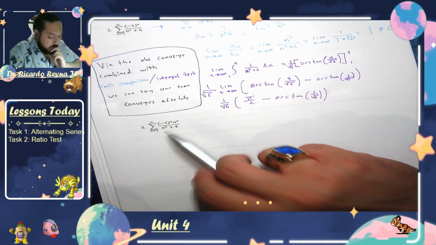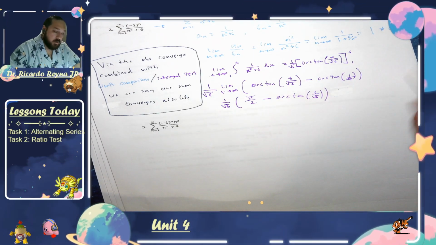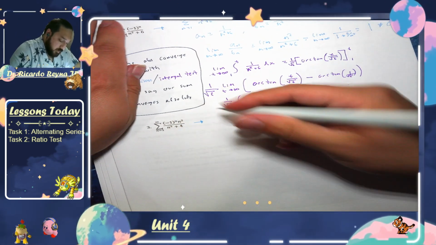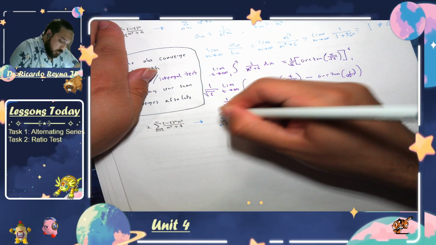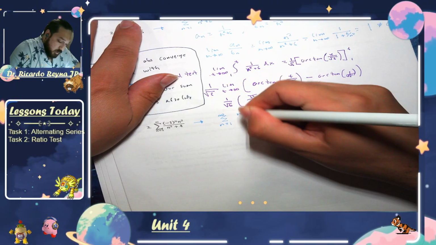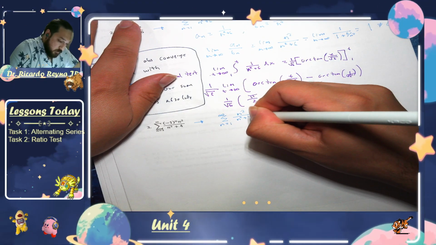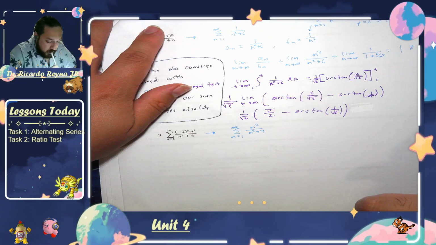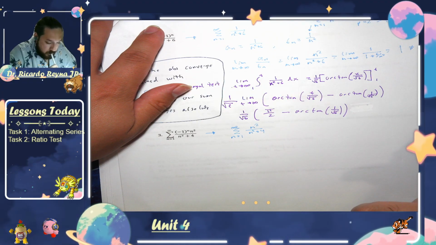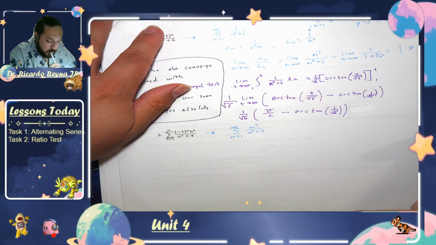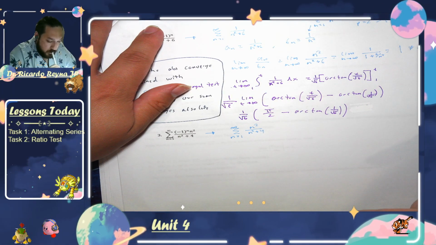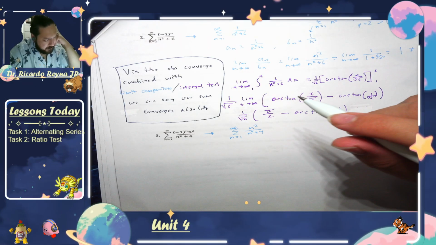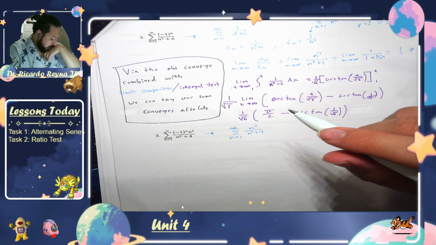Next, this sum. Okay. So from here, we're going to do the absolute value version. This really just gets rid of this. So we're doing the sum, n goes to infinity of n squared over n squared plus 4. From here, we could just think of what we can do. We could do limit comparison again, but